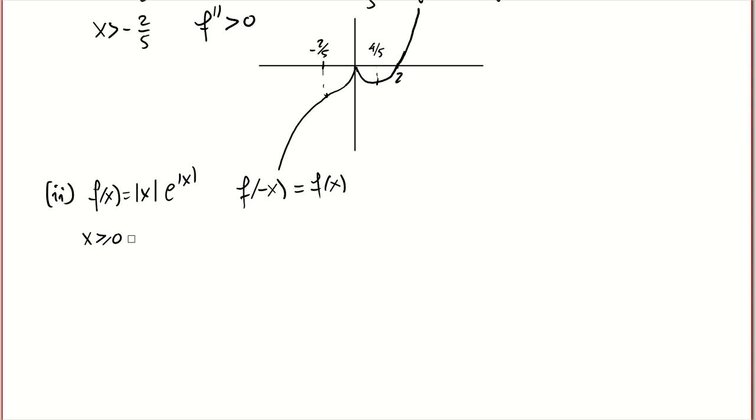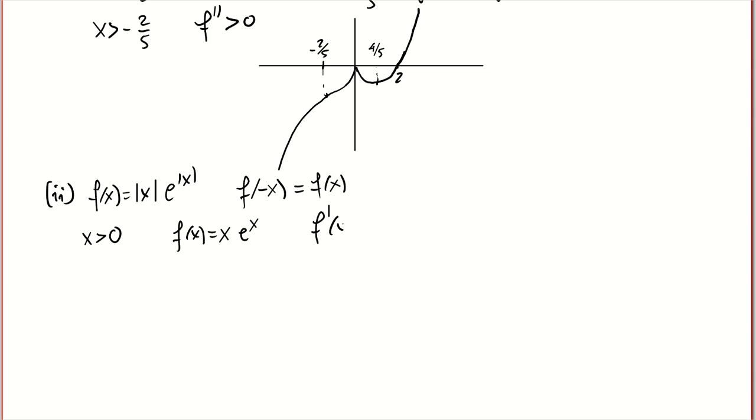Well, not larger than or equal to 0, because this function is not going to be differentiable at 0, right? Okay, so for this region, the function looks like this,